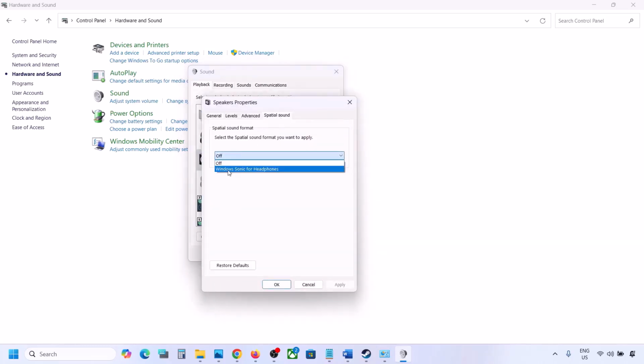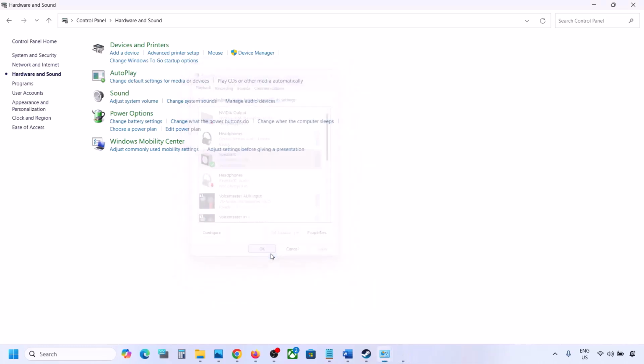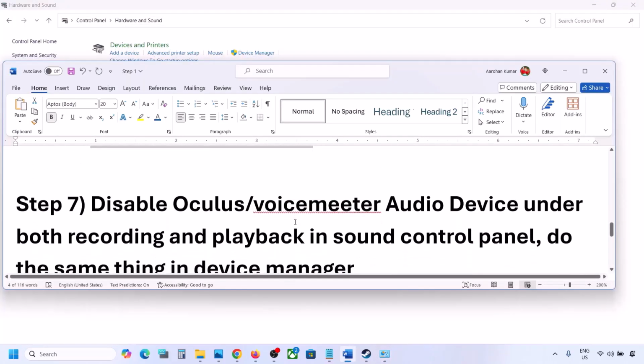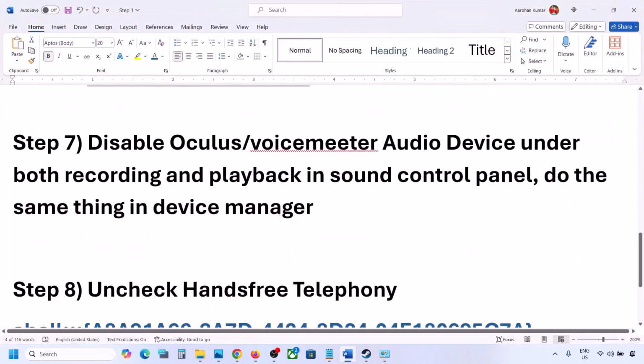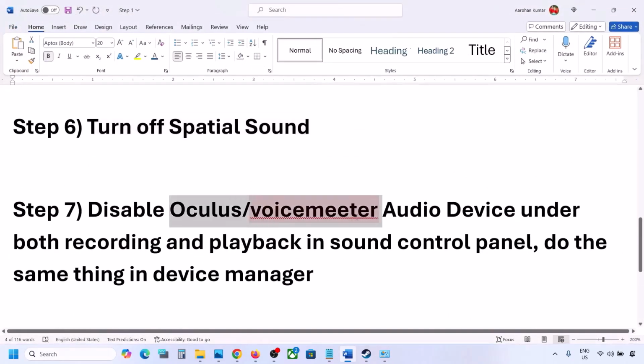If this is set to Windows Sonic, you can turn it off and then click on OK, or you can do the vice versa. If it is already set to off, then you can try Windows Sonic and then check. Now the next step is, if you have these applications like Oculus or voicemeeter or any other audio